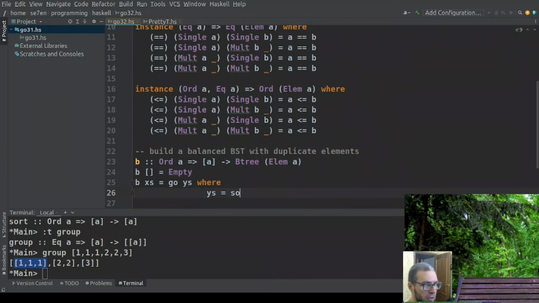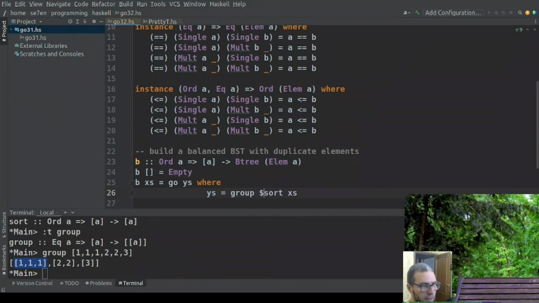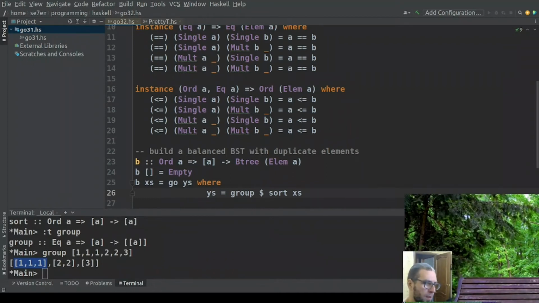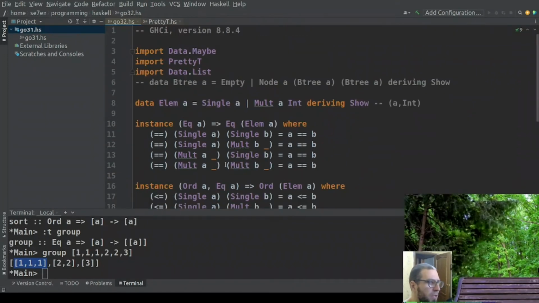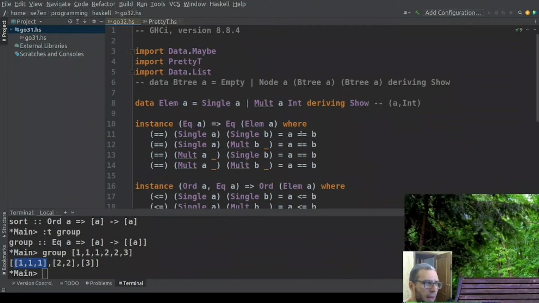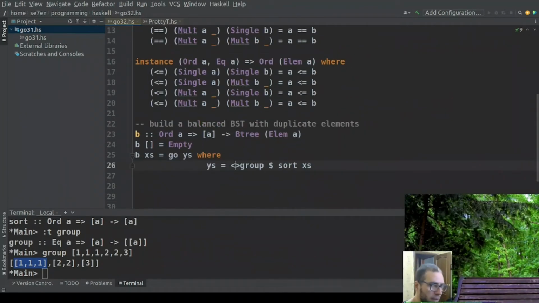I apply my sort function to my initial list. I will receive this list, and then I want to group this list. After I have this grouped list, I want to fmap it to the LM type. Okay, I can use fmap here,